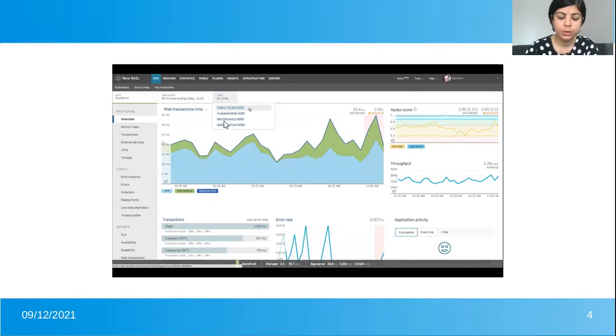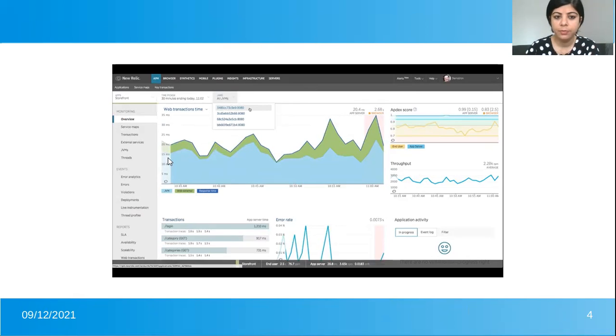We can also view for a single host as well. The most important part is web response time, which is the vertical part we can see, and the horizontal is the time duration we are watching it.